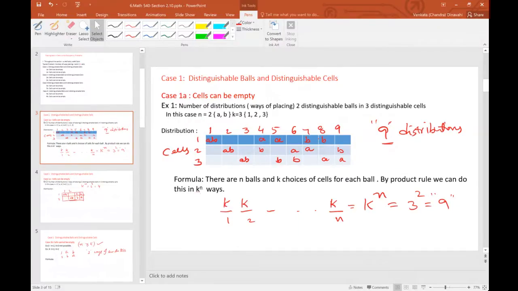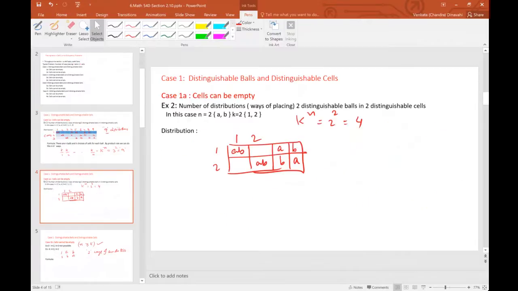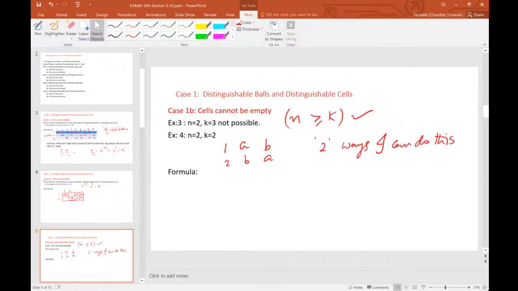That is simply the product rule. And we had seen all this. Now, if the cells cannot be empty and everything is distinguishable, when n is 2, k is 3, we said that is not possible. When both are equal to each other, I mentioned there are two ways you can do this. I can put the first ball in one and the second ball in this, or the other way. The formula for this is simply going to be,